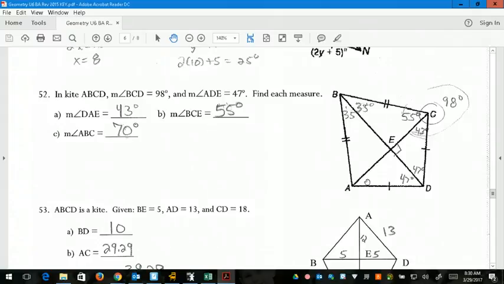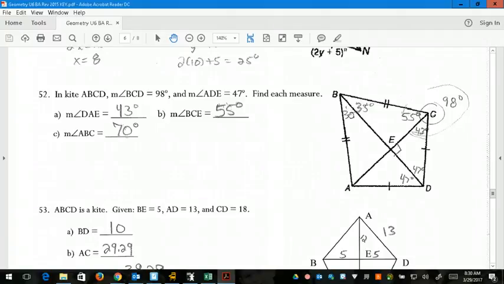They also told me the 98, B, C, D. They told me this whole thing was 98, but I know this piece is 43, so 98 minus 43 gave me 55 here. I solved this right triangle, 180 minus 90 minus 55, and got 35. Those are both 35. So now that I know all of the angles in the picture using right triangles,